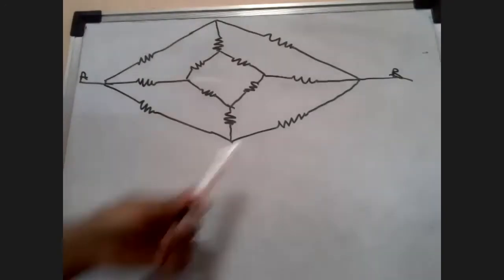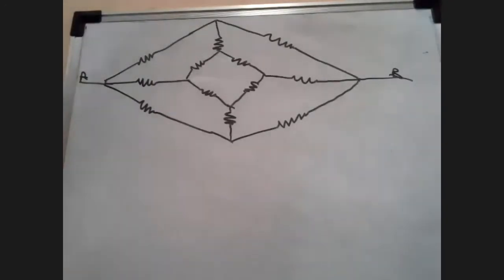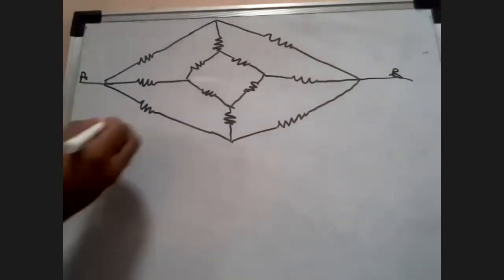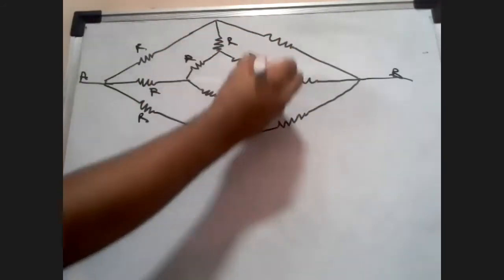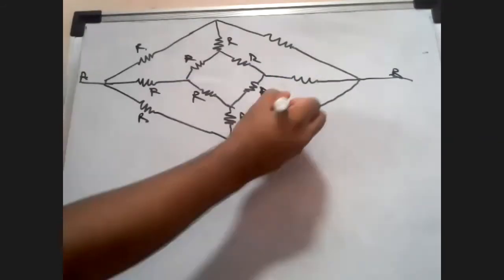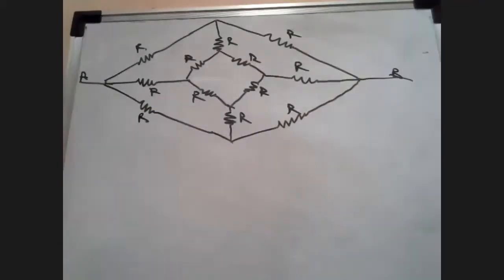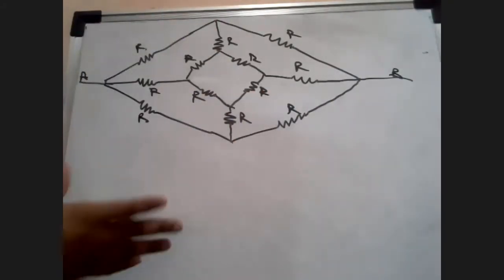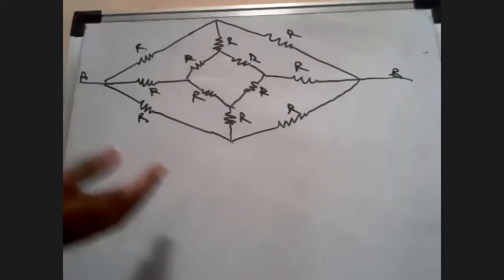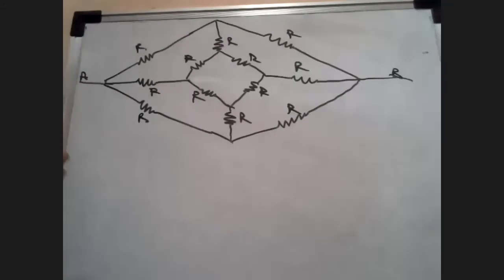First of all, can you tell me whether Wheatstone bridge can be applicable to this? Yes or no? Yes, sir. Why yes? Because there is symmetry. Yeah, it's symmetrical, and the magnitude of all the resistors is given to you, that is R, capital R. So in that case, it is symmetrical. So apply the Wheatstone bridge concept. What does the Wheatstone bridge concept tell you? If all the ratios are equal, the branch which is bisecting the entire symmetry will have zero current passing through it.